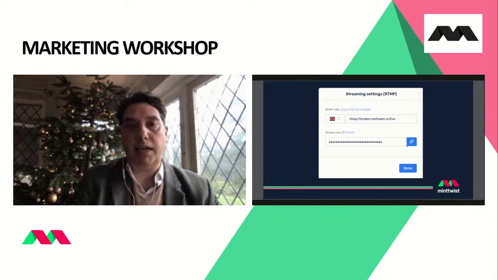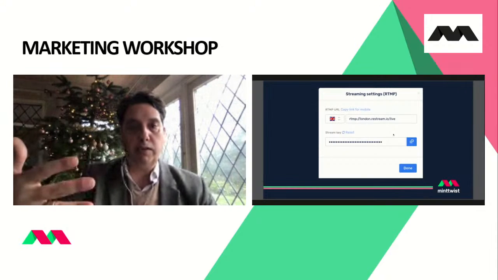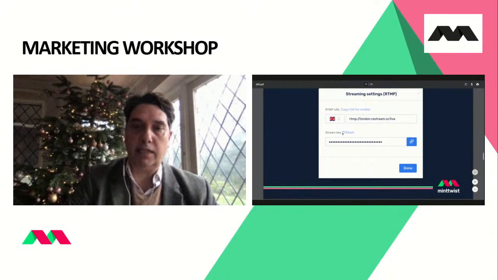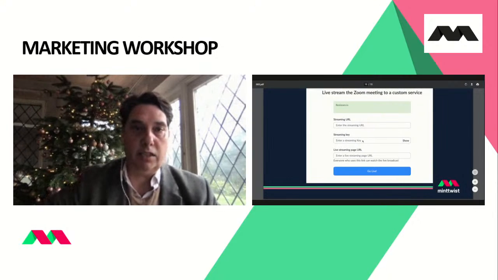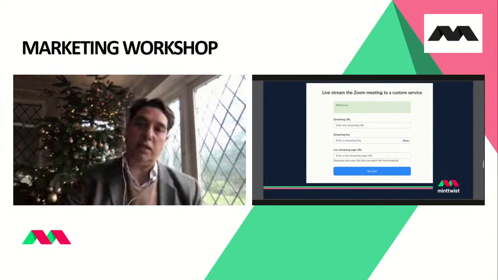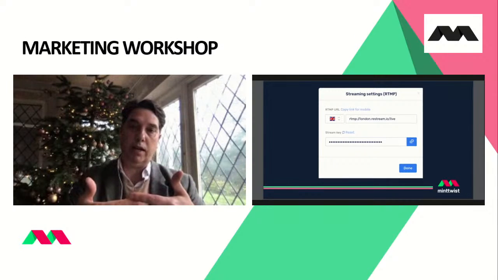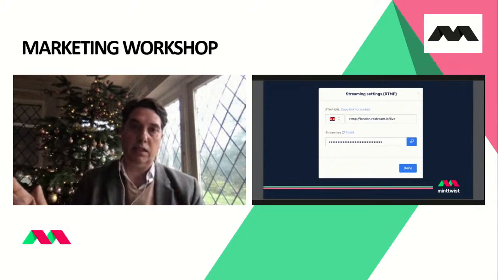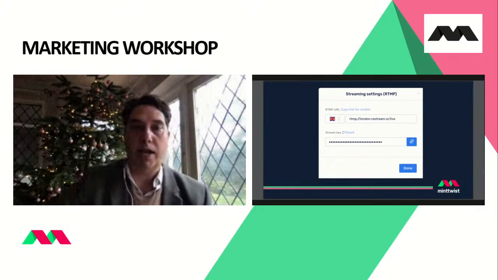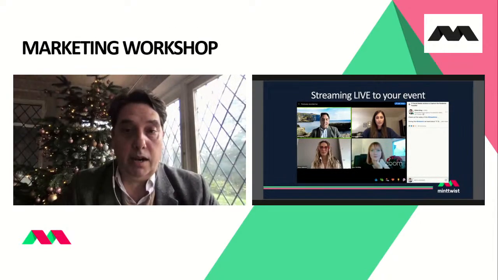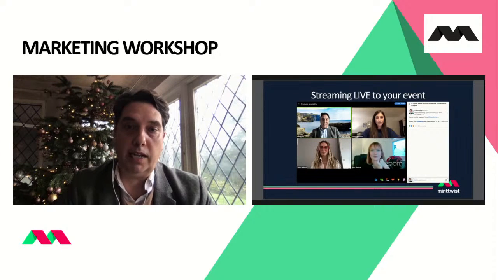And then the streaming key here, this is the important one. This is unique to you and your profile. So you never want to show people what this is, which is why it's blanked out like this. You would simply copy the key and then paste it into that section that Zoom's asking us for. And so by doing this, we've actually built a connection between Zoom and our streaming software. And the streaming software already has the connection to LinkedIn. So once we hit done here, then we're actually going live, and we are broadcasting live to our LinkedIn event,